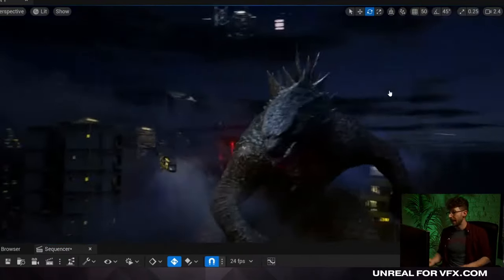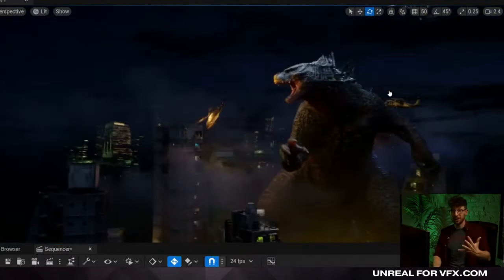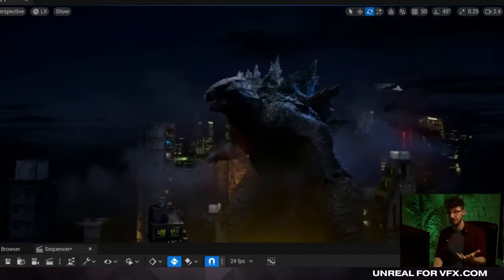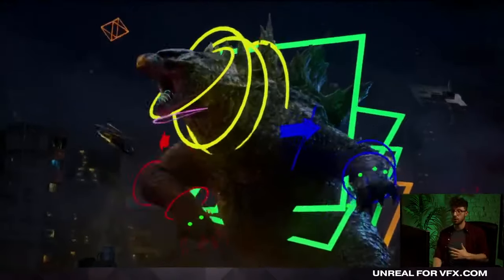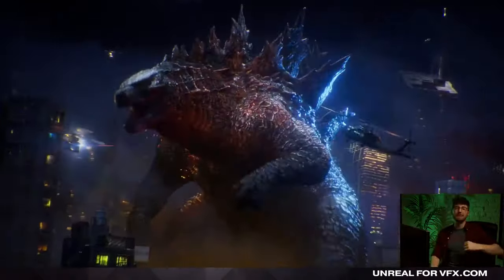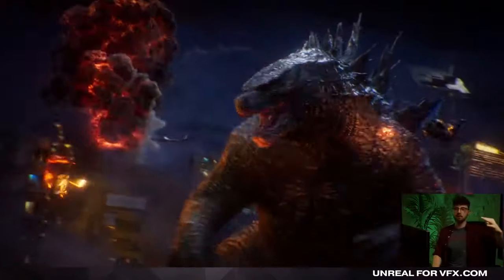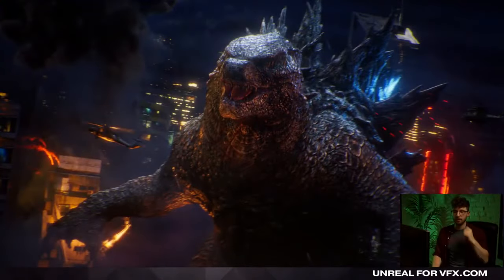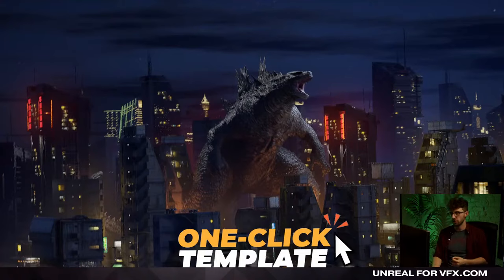But that's what we were able to do: free explosions, free assets, compositing them together inside of Nuke. That way we're able to take a really great base out of Unreal and take it to that next level, add in those Hollywood level effects, add in that atmosphere and those glows so it really starts to come to life.